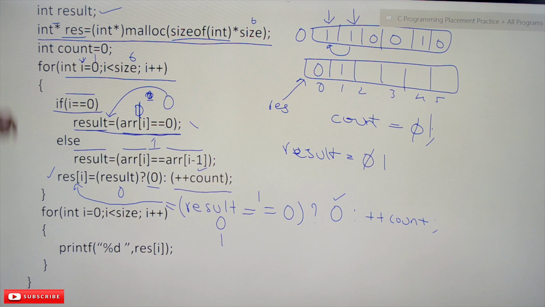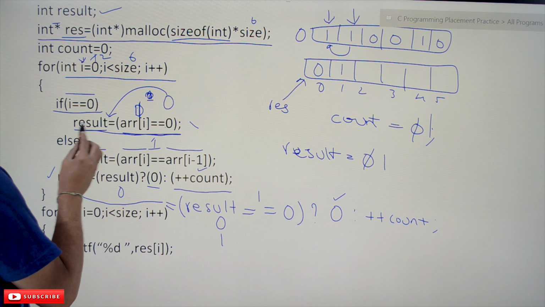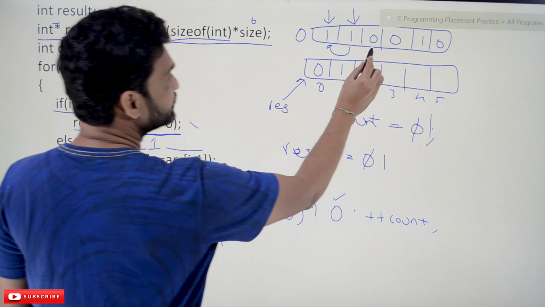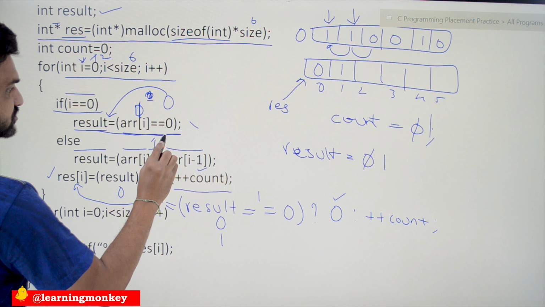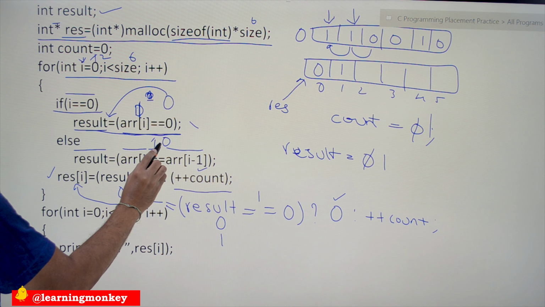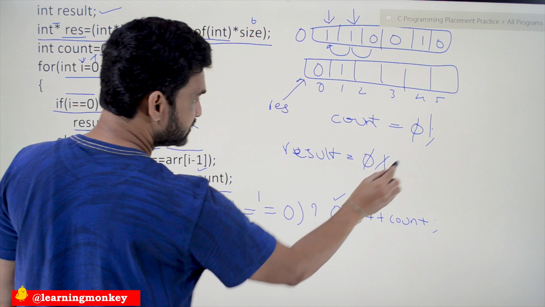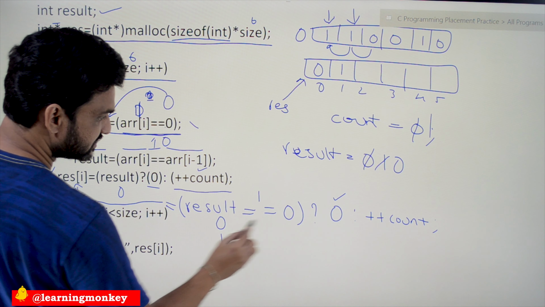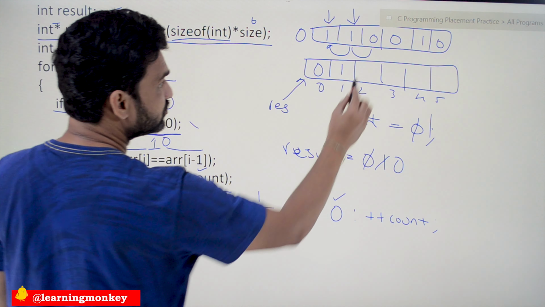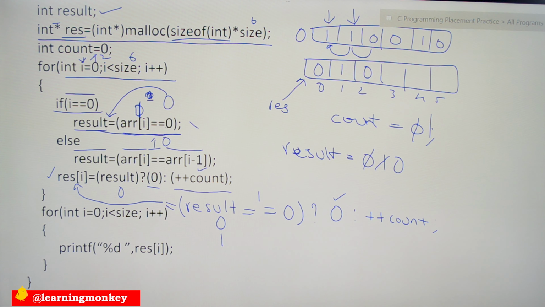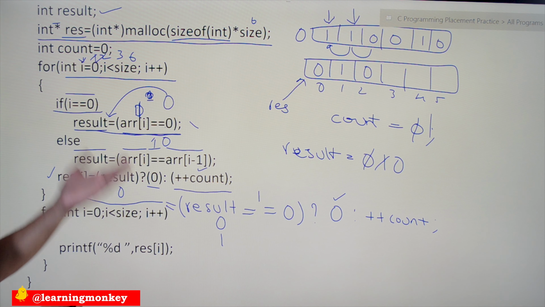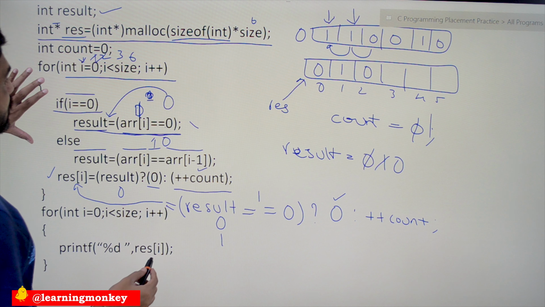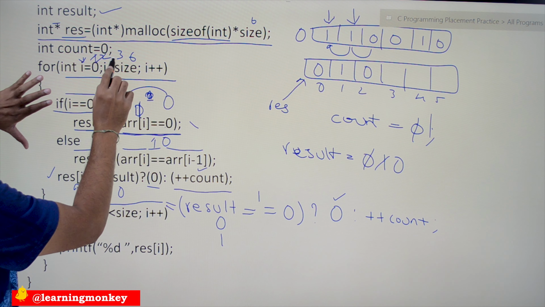Okay, next iteration, the value of I is equal to 2. So here this one is compared with this one. So are they different? Are they same? No. So the output is going to be 0. So as the result is going to be 0, the value stored in result is equal to 0. So are they same? Yes, this condition applies. They are same. So 0 has to be stored in res of 2. Okay, next is 3. So hope you are getting that point. We are on the right path.